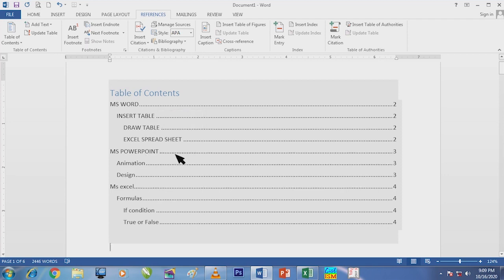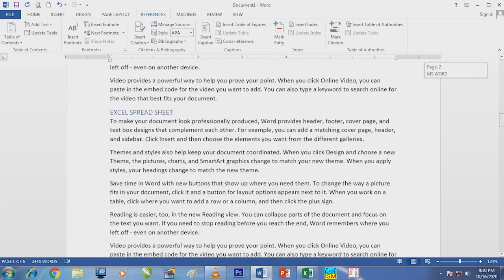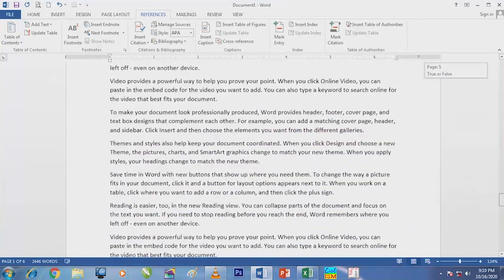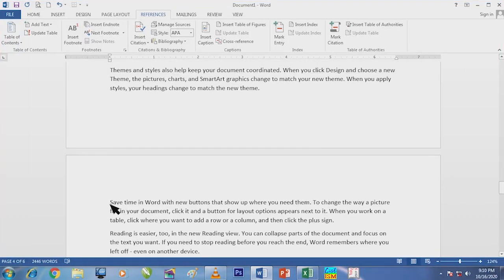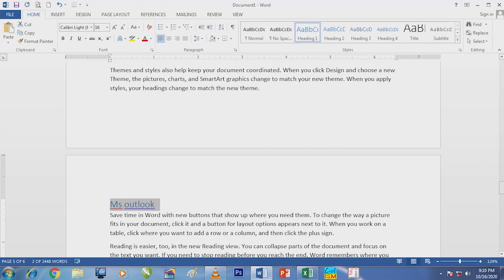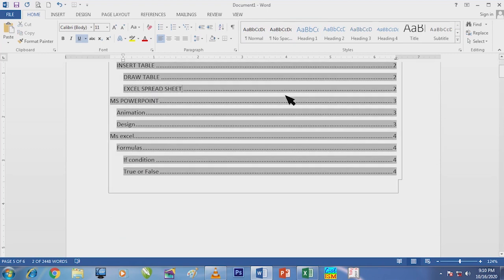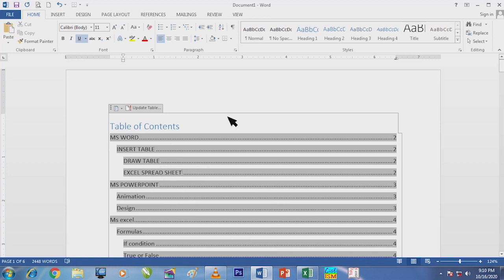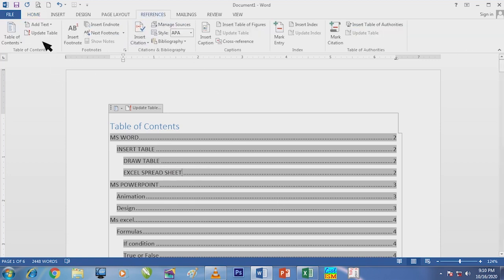As we have given, the main heading comes first, then a little inside you will see the second heading or subheading, and so on and so forth. And once we create this table of contents, we want to add one more heading or title in another page. I can go to that page and enter the title there and select it and go to Home and choose Heading 1 or 2 as you wish. But you will not see that in the table of contents at first.